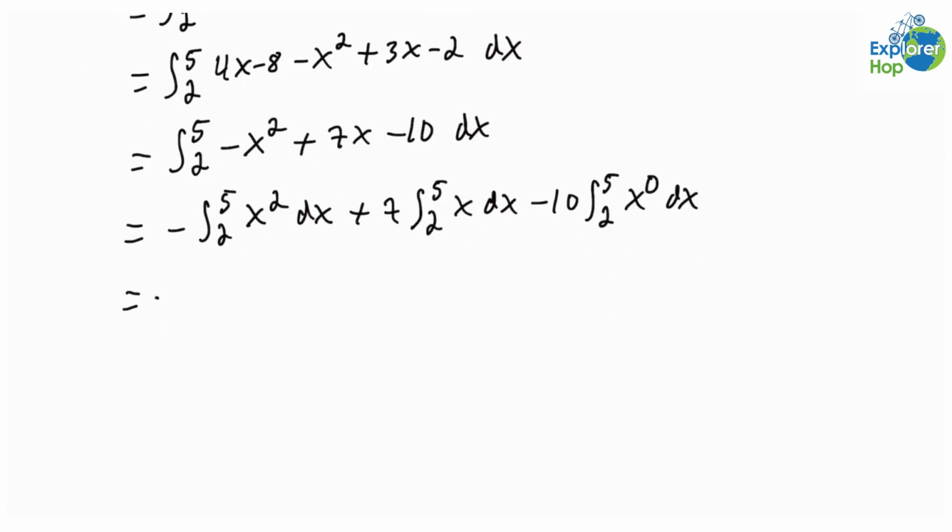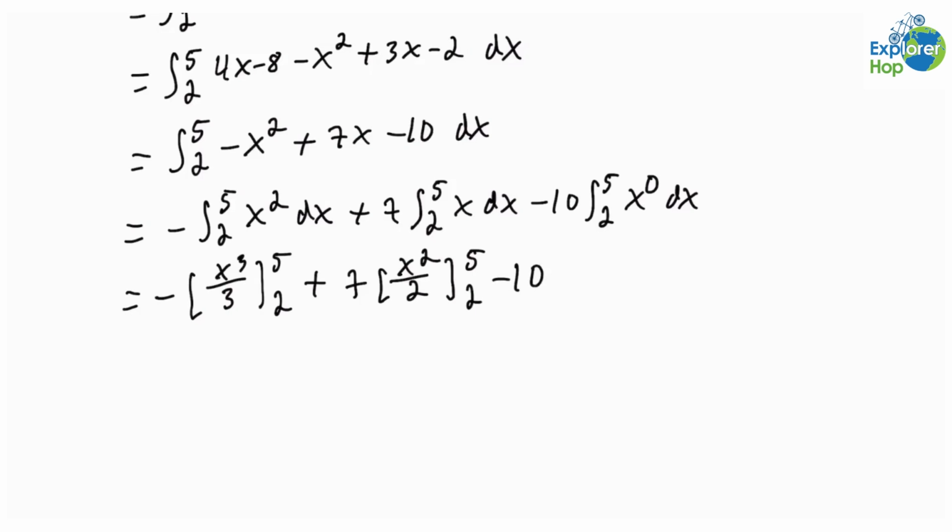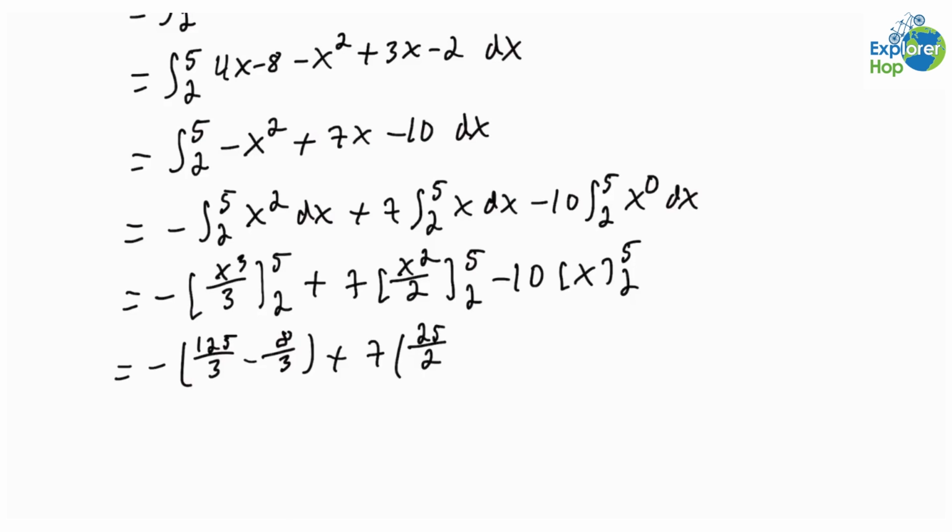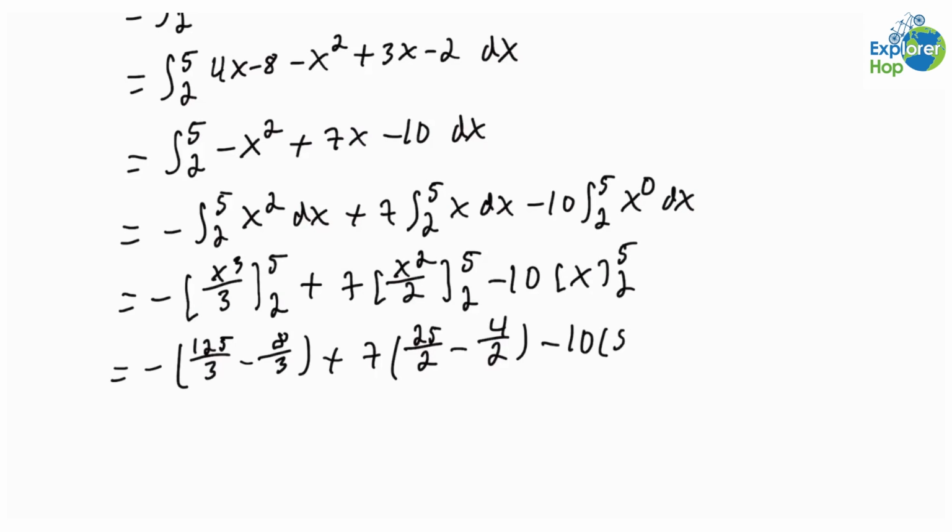So this gives us negative x cubed over 3 evaluated from 2 to 5 plus 7 times x squared over 2 from 2 to 5 minus 10 times x evaluated from 2 to 5, which gives us negative 125 over 3 minus 8 over 3 plus 7 times 25 over 2 minus 4 over 2 minus 10 times 5 minus 2,